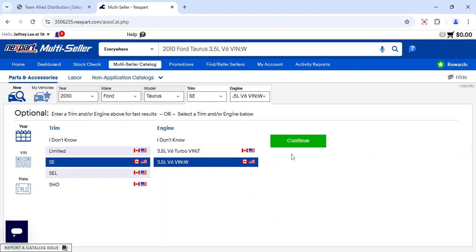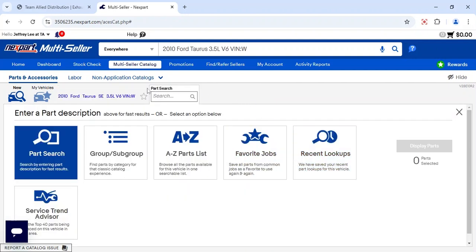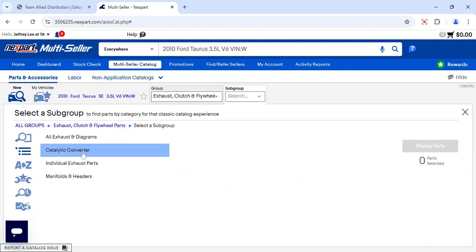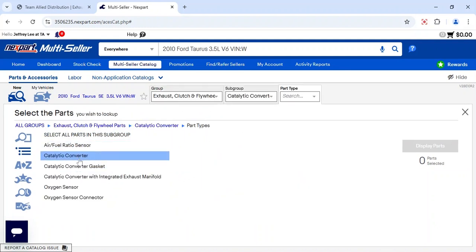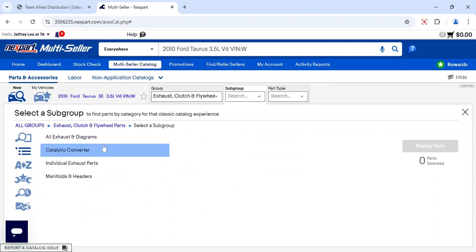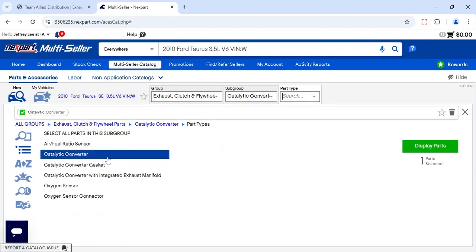Here I'm going to select a 3.5 liter Taurus SE. Now again, much the same. I can go to categories, groupings, can see what's out there. I can do exhaust parts, catalytic converter. It had diagrams on there if I wanted to go back and look at exhaust and diagrams. I'm just looking for a catalytic converter, and I choose the one part I'm looking for, catalytic